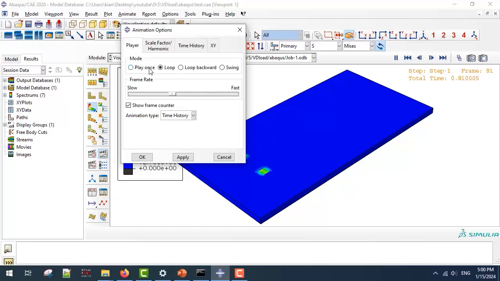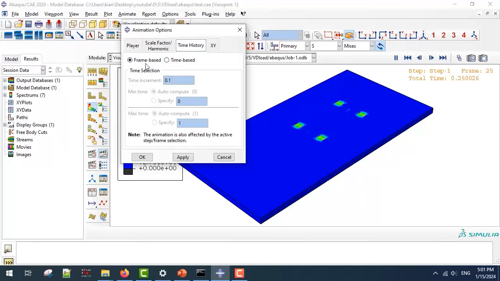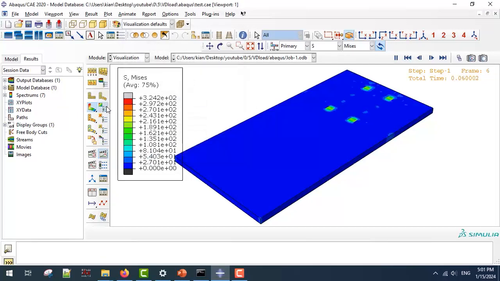make my animation play once and a little bit slower. As you can see here, start from the beginning. You can see the speed. Also, I want to use the time based here, for example, 0.1, which makes it much faster. I prefer the frame based, for example. And if we want to